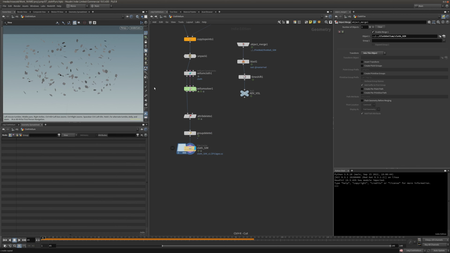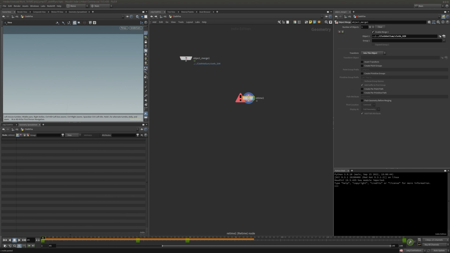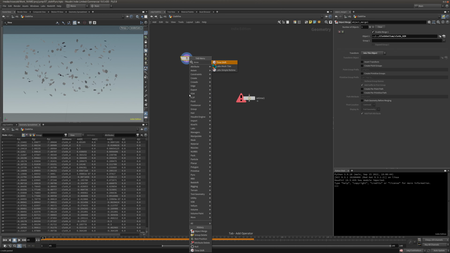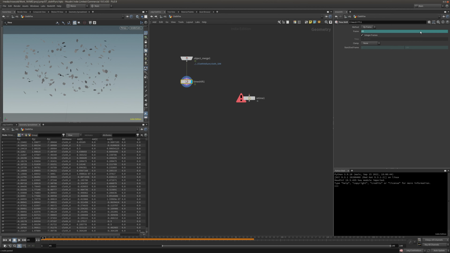Let's copy this retime anyway into cloth fire because we're going to use it later on. Now we start from frame 45, so I'm going to put a time shift here. Say start from clamp to,